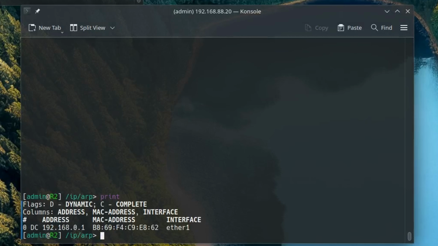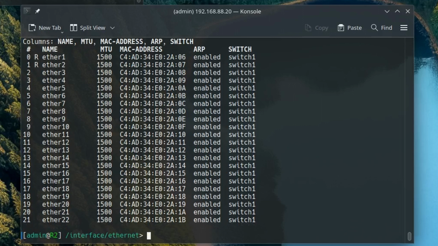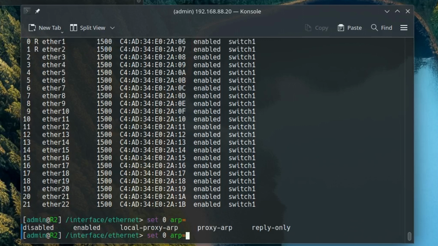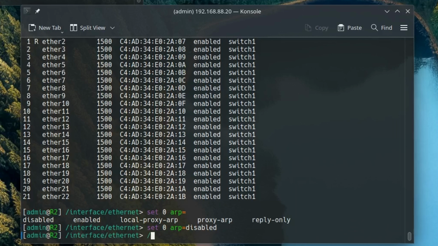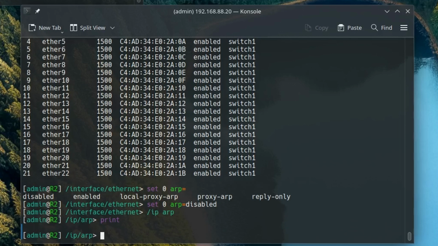As you can see, I have one dynamically added ARP entry for interface Ether 1 on this router. If we now go to the interface Ethernet section, there we can see the ARP status for all our physical ports. Ether 1 is entry 0, and we can change the ARP status to whatever we like with the set command. Besides enabled and disabled, there are 3 more entries that I will cover in another video. Okay, so I will disable ARP for Ether 1. And now, when I go back to my ARP table, there is nothing there